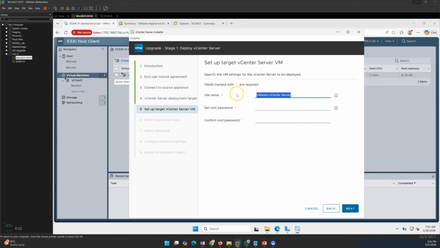And now you should give the VM name. So VM VCSA 01. I'll type new. So new, and then root password. So I'm going to type root password for this new appliance. So oops, something wrong I guess. So now this is good. Click next,